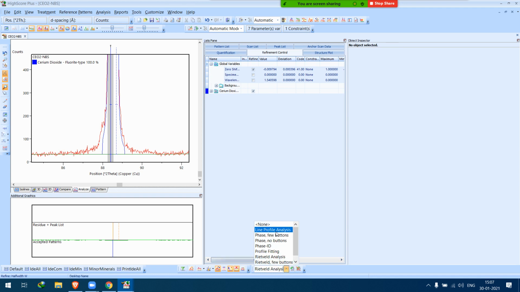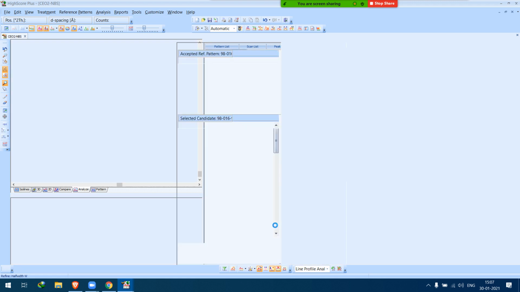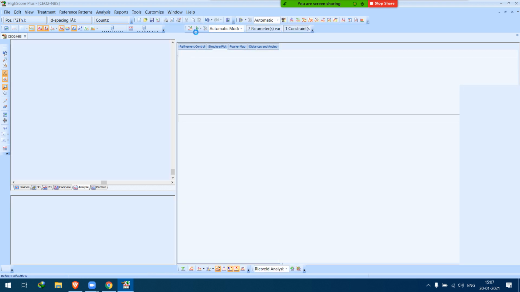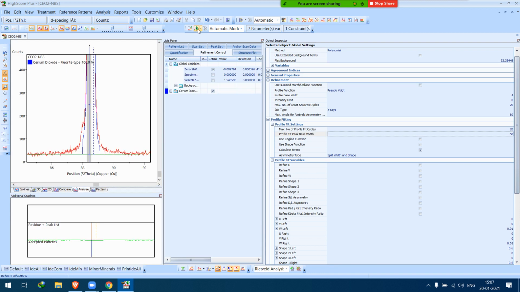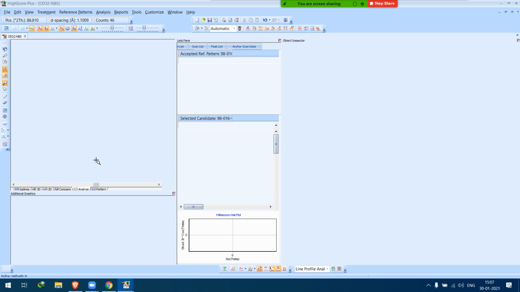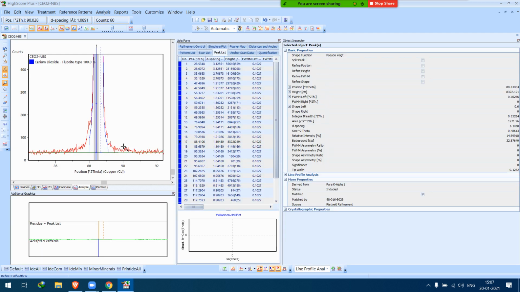Maybe... I was not in line profile. Right now, if you observe, the fit profile is actually coming. I was in Rietveld analysis mode, and if you see, the integration comes to R. The Rietveld refinement is actually a different thing; I will come to this point later. So that might be the reason it was not changing the value in the graphics pane.